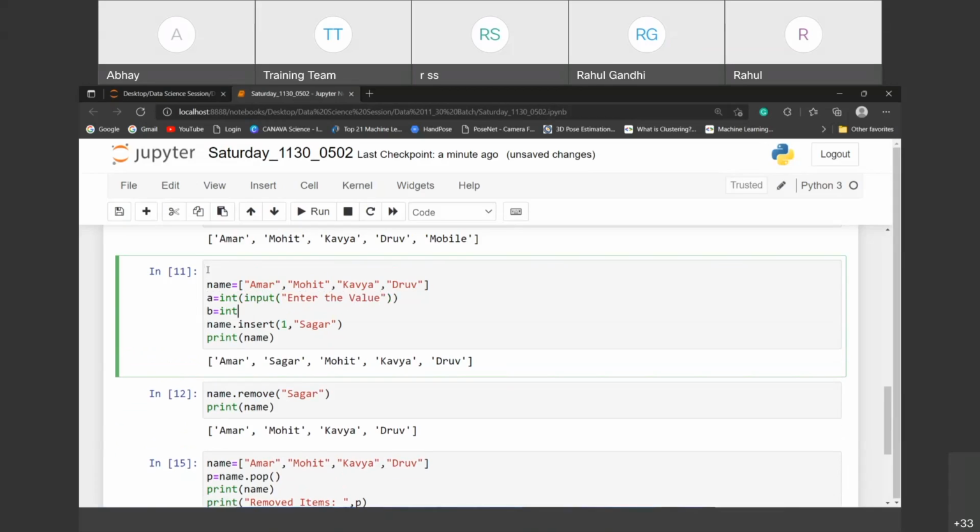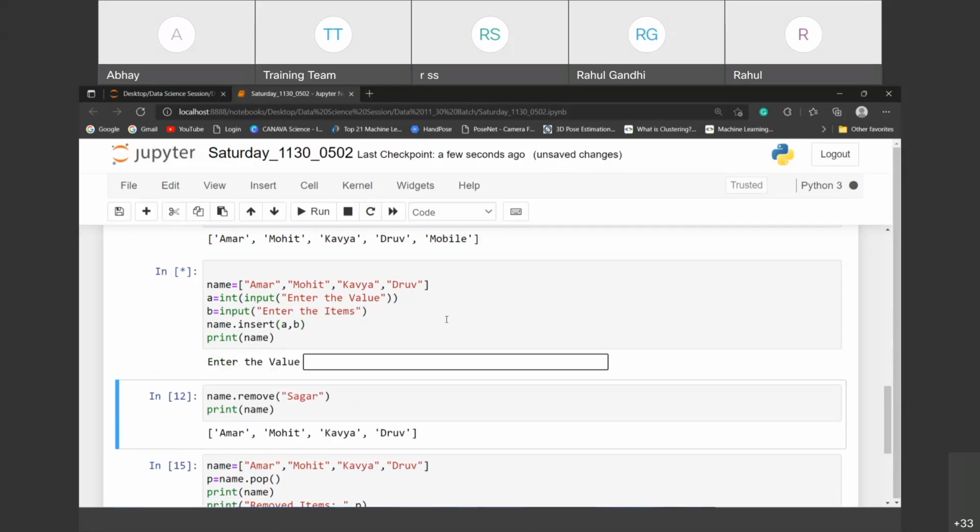And in input here, enter the item. So now check out what will happen. A comma B. So A is nothing but this one, B is nothing but this one, and I'm executing now. So I want second one.